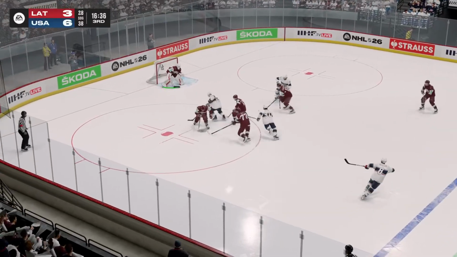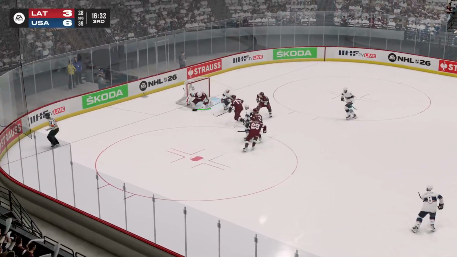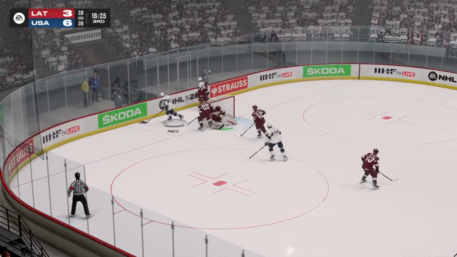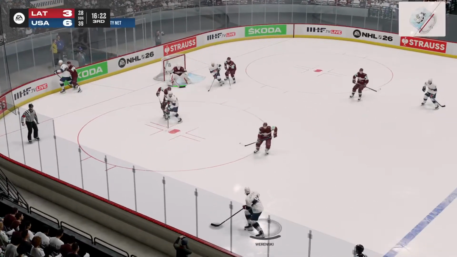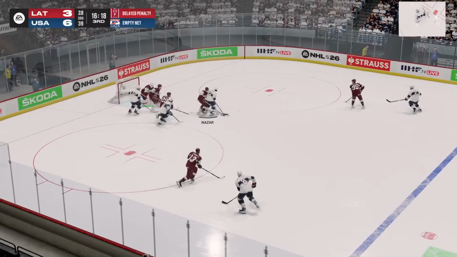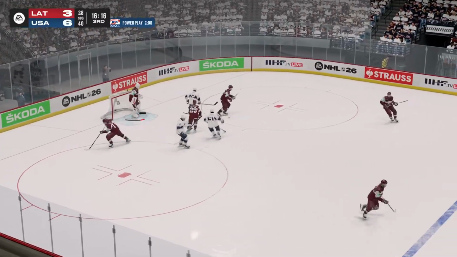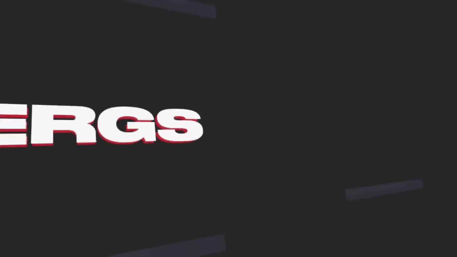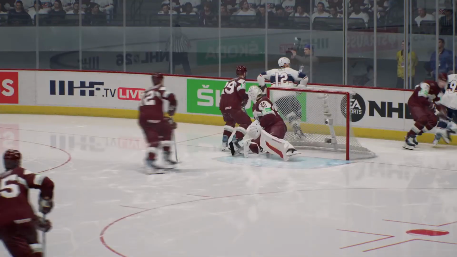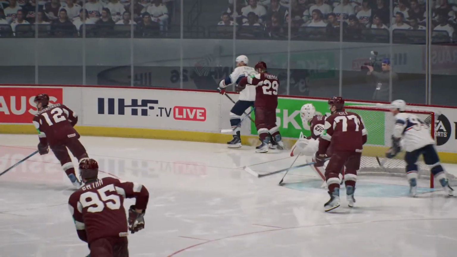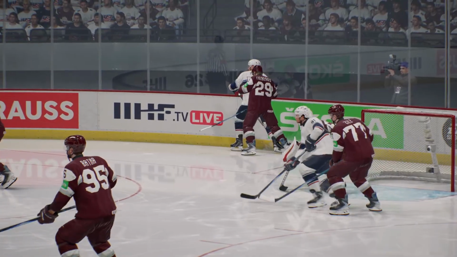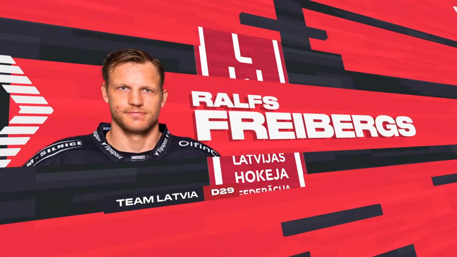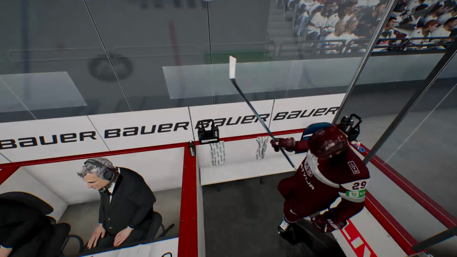Pinto drops it off for Nazar. Loose puck, left wing circle. Pinto tried to get it free. He does. Backhanded try denied. And it goes back behind the net. Nazar battling. Pinto picks up the loose change. Back up to the point. Morensky now Lacombe. Penalty call. Nazar turns, fires, save. Penalty. Power play upcoming for the United States. It's a hold on Freebergs. After Pinto got it away from down low, Freebergs just pins him along the boards, and a power play upcoming here for the land of the free.